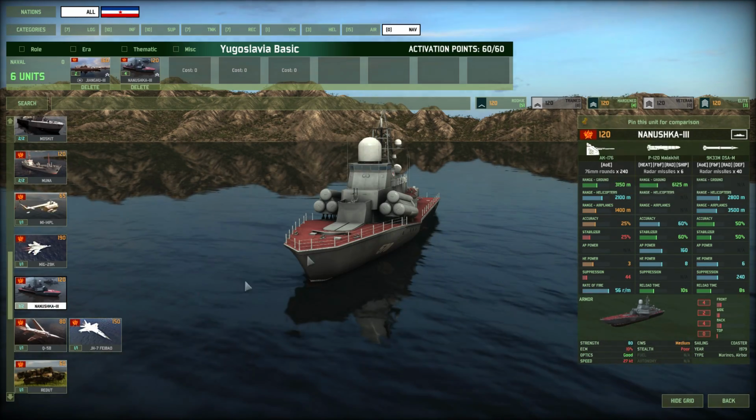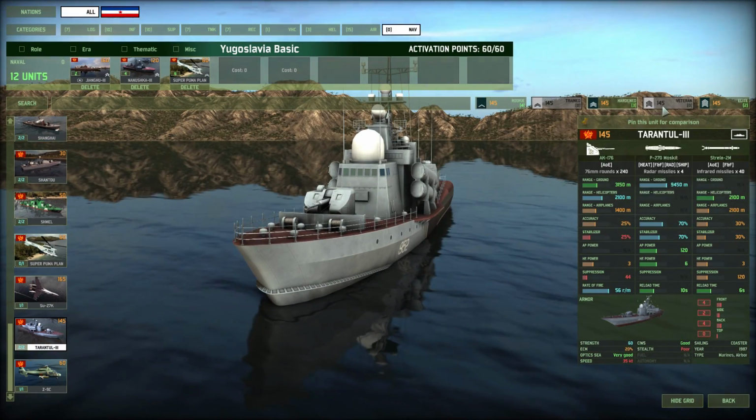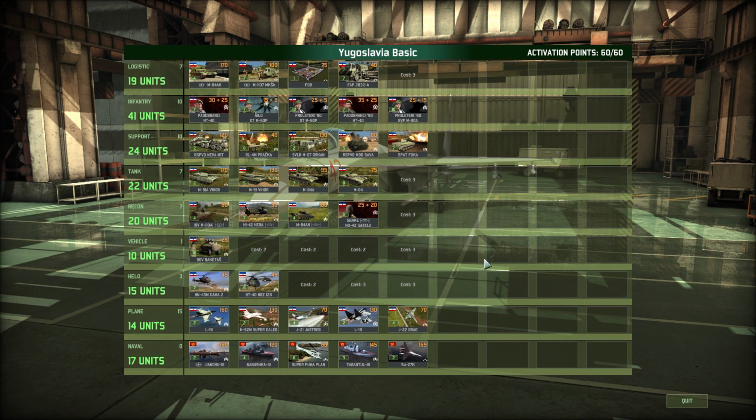So do my usual with these. Where you at? There you are. Grab this. 6. Grab this with my 3 and my 2. There we go. That is my basic Yugoslavia deck. From what I've seen, it potentially has some good potential for being a somewhat good airborne deck. So I might check that out